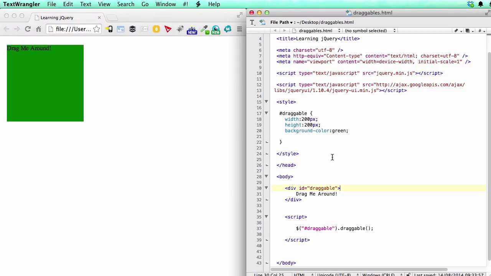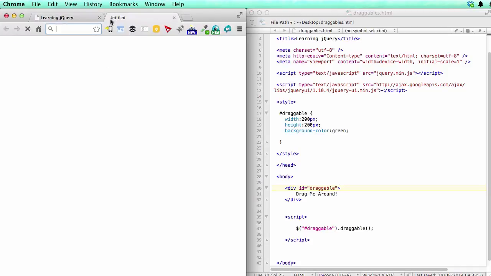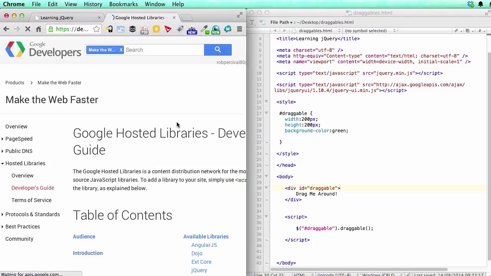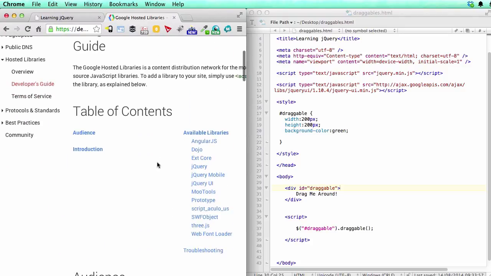Great. Now for Resizables, we need to bring in the jQuery UI CSS file, which gives us some extra styles that some of the jQuery UI functions need. So I'm going to show you how to get that. I'm just going to search for jQuery UI CDN. You remember that CDN stands for Content Delivery Network. So it's a way that you can access the jQuery files directly. I'm going to go for the Google ones, and then I'm just going to search for jQuery